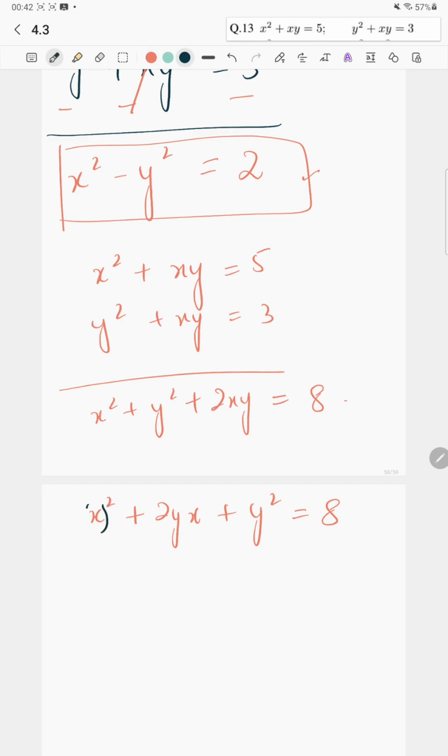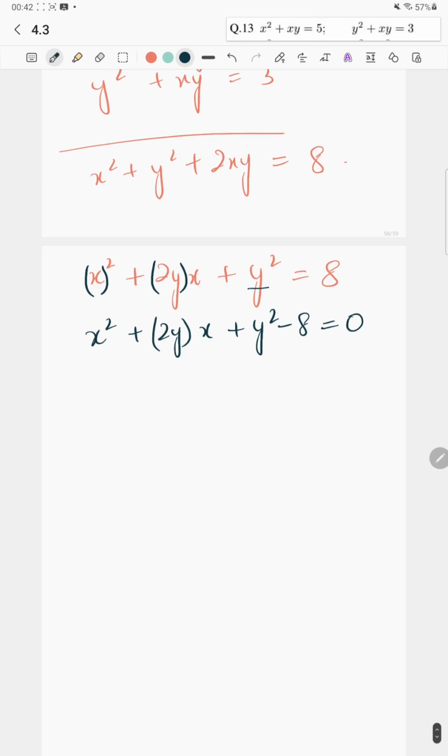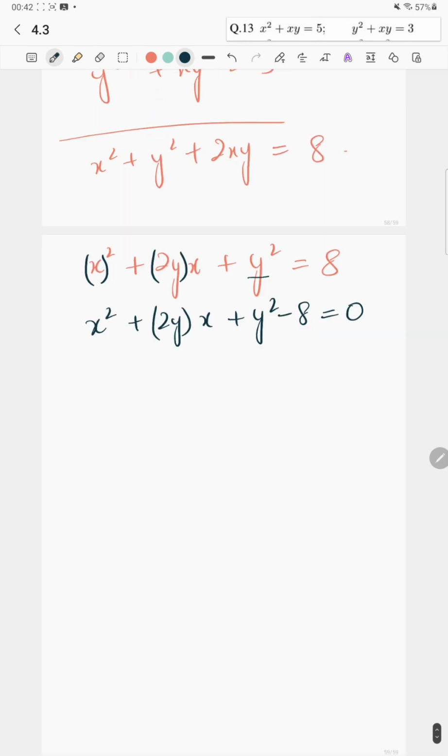And this is x square, the coefficient of x is 2y, and this is y square. So I can write it as x square plus 2y x plus y square minus 8 is equal to 0. Because this equation is in x, y is the constant for us. So a is equal to 1, which is the coefficient of x square, b is equal to 2y, which is the coefficient of x, and c is equal to y square minus 8. So I have x is equal to